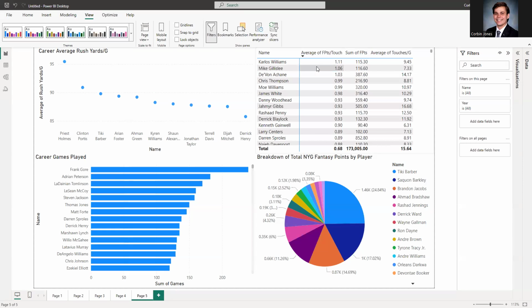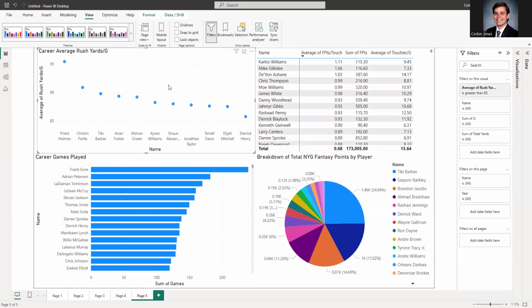This is my Power BI dashboard for Project 3 of EN 605-662 data visualization. So let's break down each of these four visualizations that I have listed here on the dashboard. As you can see here in the top left, we have a scatter plot. Now this scatter plot details career average rushing yards per game